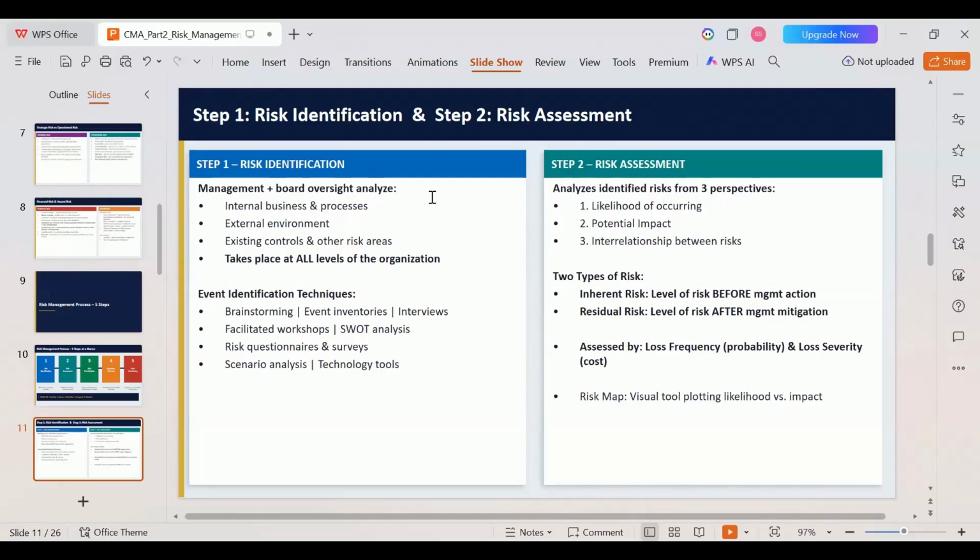Then comes SWOT analysis. As we all know, strength, weakness, opportunities, and threats. Here, there are two internal factors and two external factors. So can anybody tell me what are the internal factors in SWOT and which two are the external ones? Among strength, weakness, opportunity, and threat, which two are internal and which of them are external?